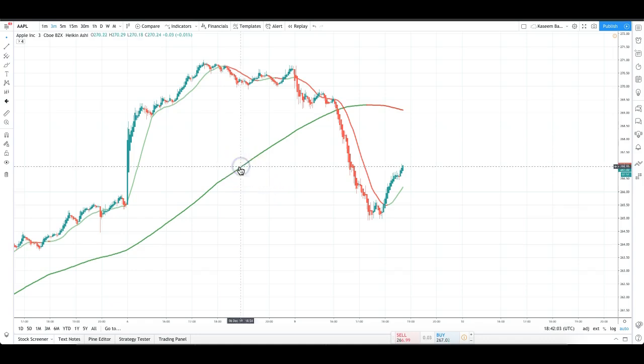This is the moving average. This is a 200-day moving average. This is the 20-day moving average. And these candles right here, these are Heikin-Ashi candles. This is not